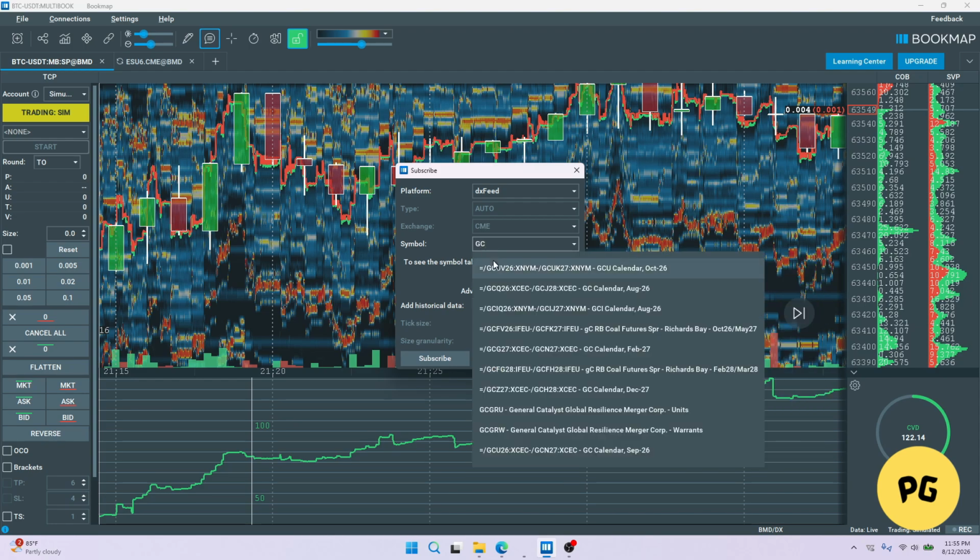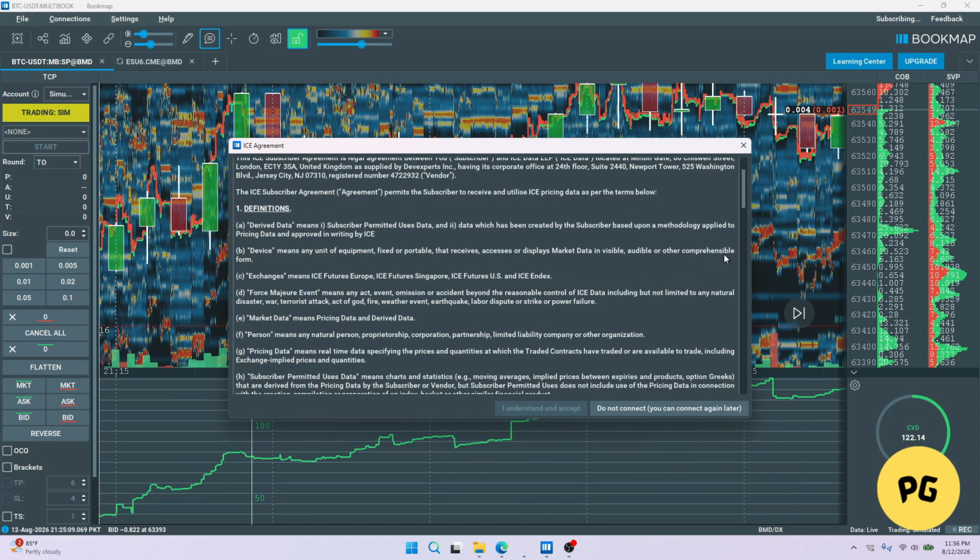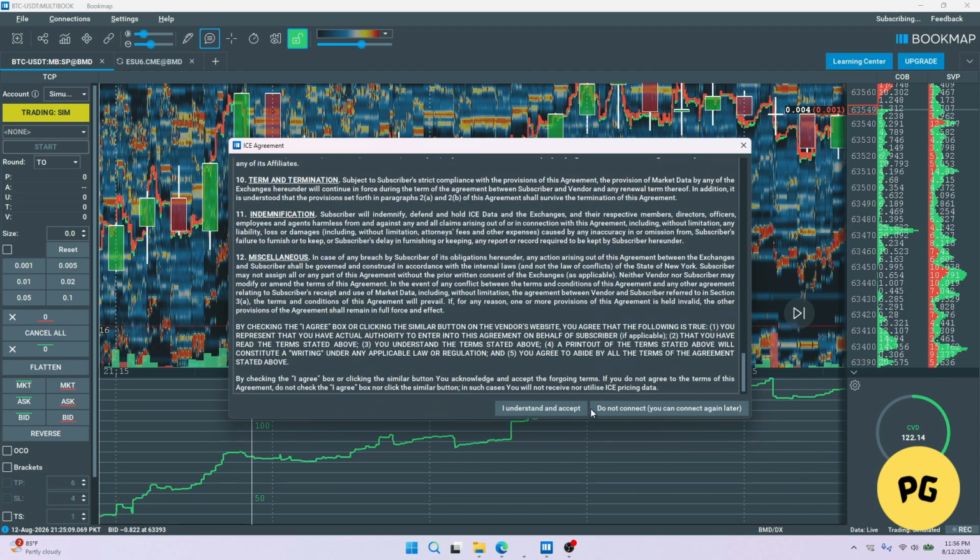Bookmap should then display the available gold futures contracts from your selected data provider. Look through the list and select the contract with the correct month and year that you want to analyze. After selecting the appropriate contract, click subscribe. If your account has the required market data access, Bookmap should load the gold futures chart along with its order